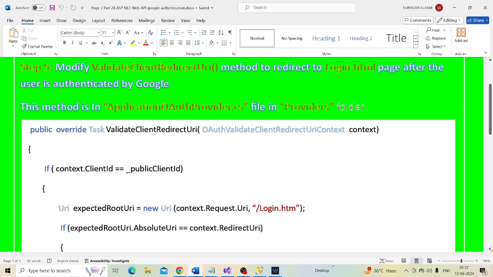You can find this method in the ApplicationOAuthProvider.cs file in the Providers folder. Notice here we have changed the redirection URL to /login.html instead of just the /.